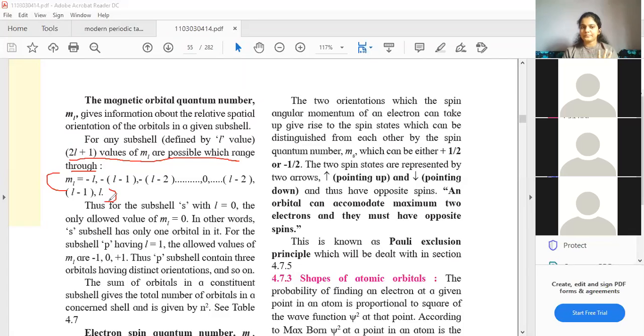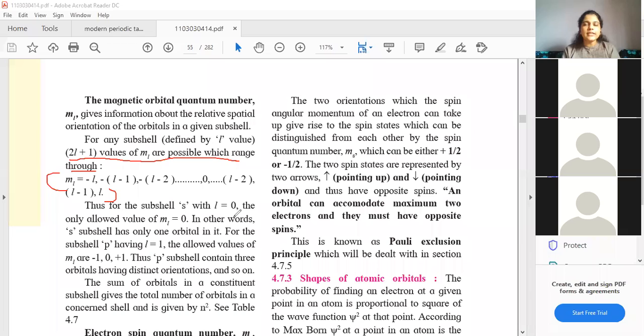Okay, fine. Now let us look at an example to understand this. All right, you just concentrate on this next paragraph that is there. Okay, for subshell S, with value of l as 0. Now see students, if I write small l as 0, you all should understand that l equal to 0 means one value, only one value means only one subshell, that is S. If I give you small l as 1, you should understand how we reach it: 0 and 1. So it means two values. Two values means two subshells, S and P. If l is 2, how do we reach it?